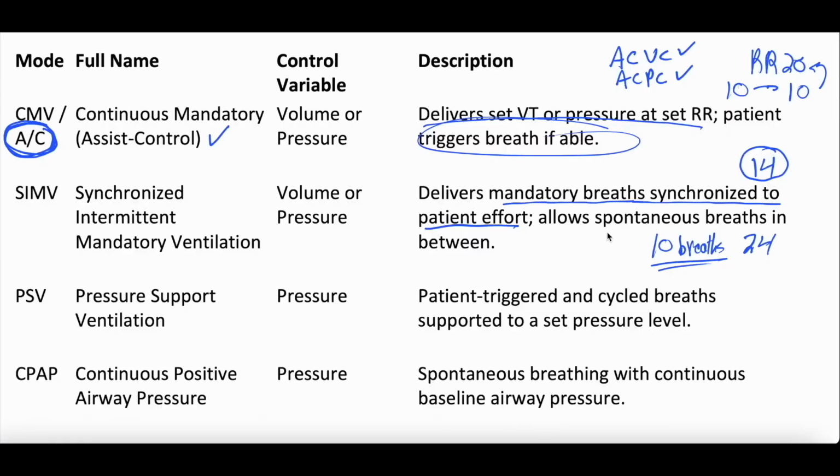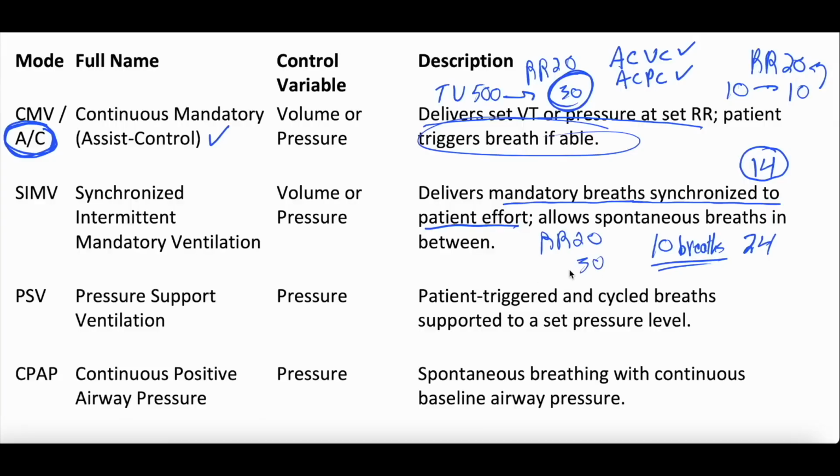But any breaths beyond that, the patient has to take on their own. Whereas with something like assist control, even if I set that respiratory rate at 20, if the patient takes 30 breaths, the ventilator will assist them for all 30 breaths. So if I set the tidal volume at 500, and the patient wants to take 30 breaths, for all 30 breaths the ventilator will assist them and try to give them a tidal volume of 500. Whereas again, in SIMV, if I set the ventilator at 20, and the patient wants to take 30